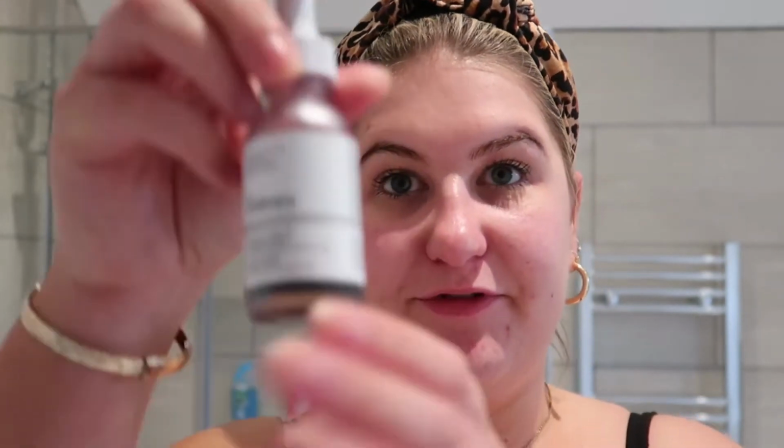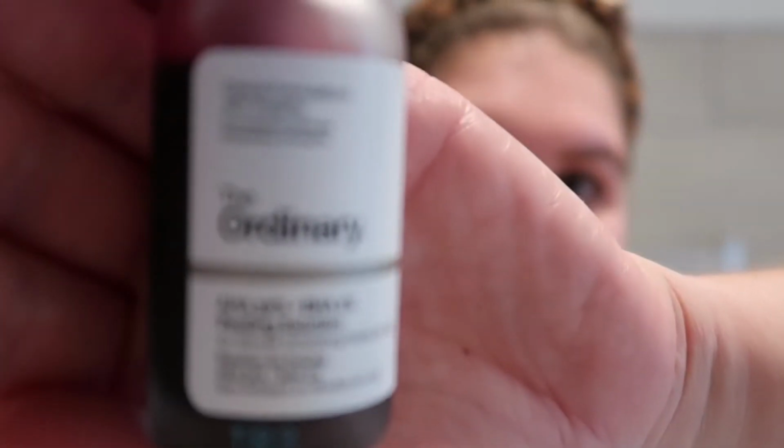Okay, so all freshly cleansed, the makeup's all off. So this is, I don't do this every night, but this is when I want to pamper, and I do a mask, and I only do it once a week because it's quite intense. This is again from the Ordinary,